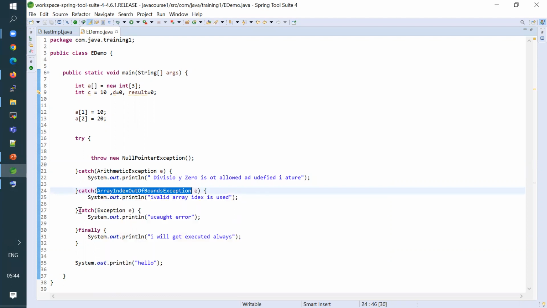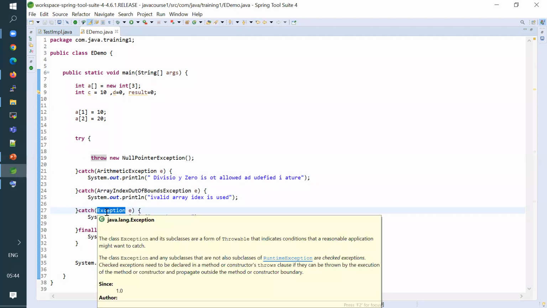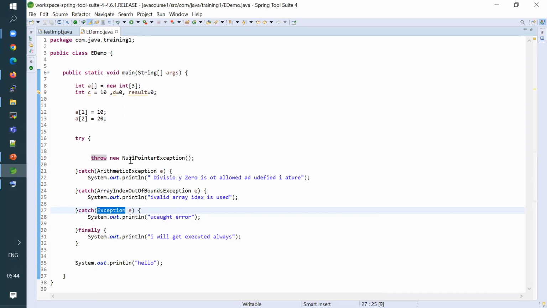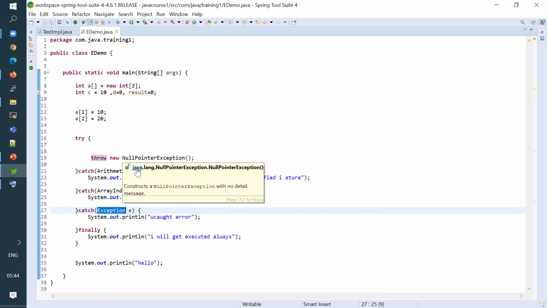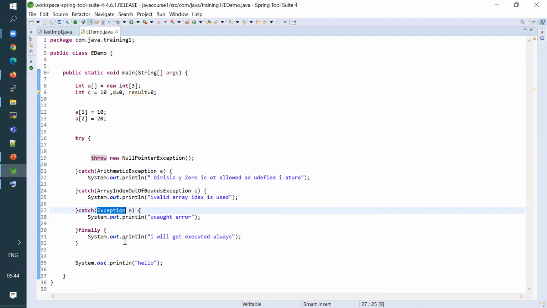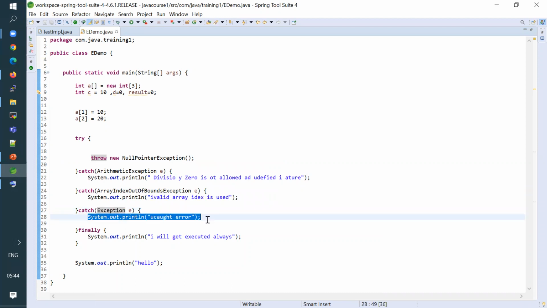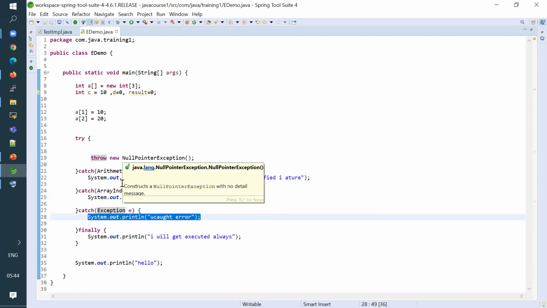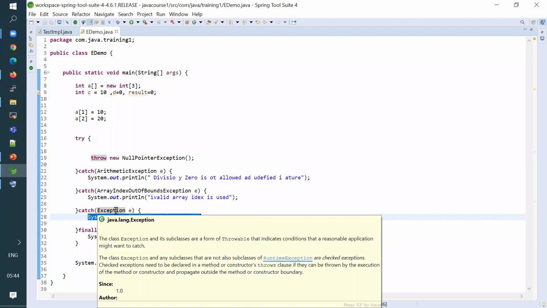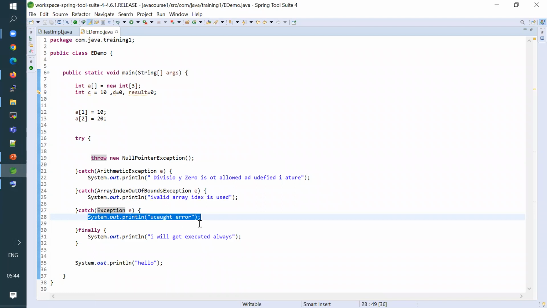Okay. Then comes the catch where you're just catching the general exception. I told you all these exceptions are subclasses of exception. So here it will catch this null pointer exception. Null pointer is a system defined exception which we saw some time ago, where you assign strings some null, right? So this exception will be caught here, and this is how it will print because of that exception hierarchy. Your null pointer exception is a subclass of your exception class. So that's why your exception class can catch this exception here.